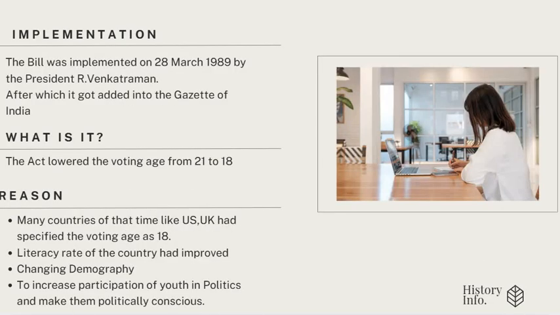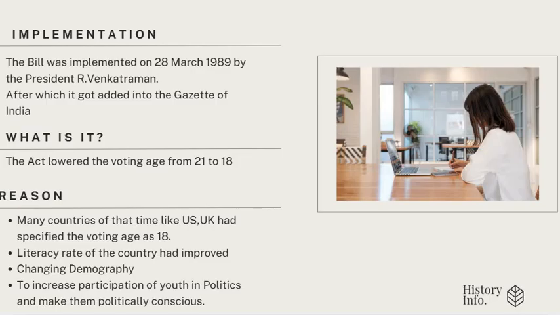So when was this implemented? The bill was implemented officially on 28th March 1989 during the presidency of Ramaswamy Venkataraman, or R. Venkataraman, and after it got implemented by the president, it got added into the Gazette of India as an official document. So what is this 61st Constitutional Amendment that we are talking about, which deals with the elections to Lok